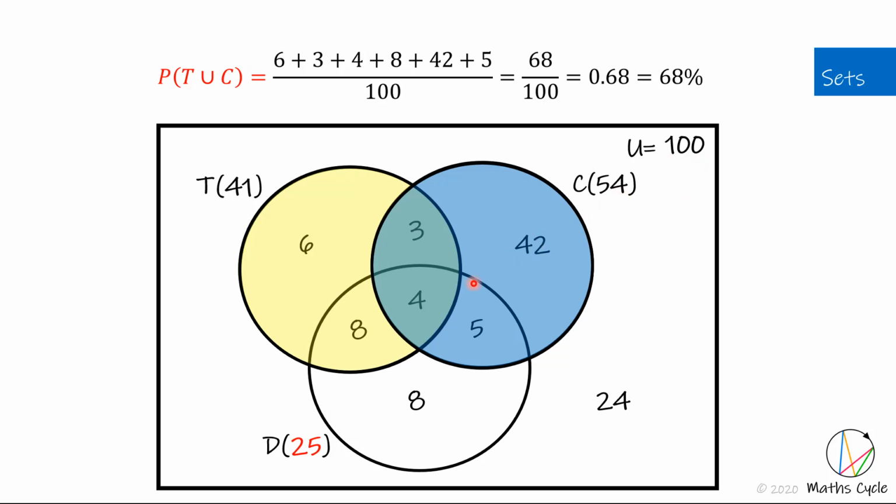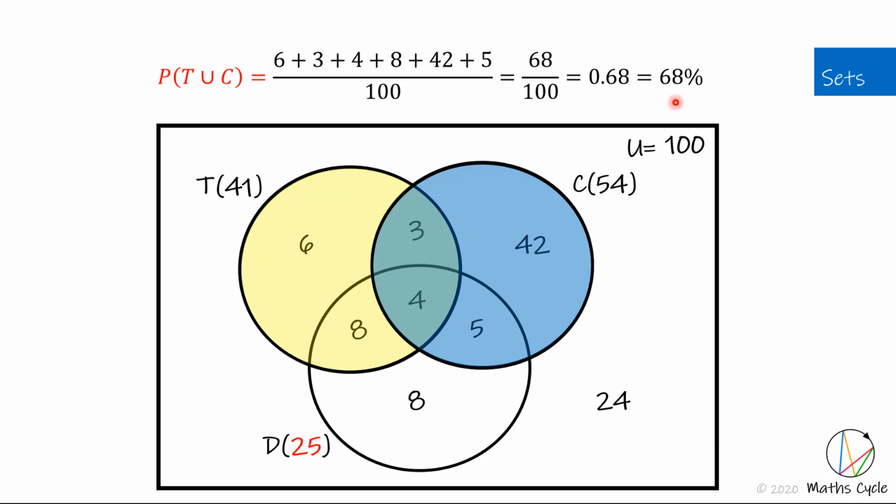So adding these people all up then from T union C, we've 6 and 3 and 4 and 8 and 42 and 5 is 68. All over 100 to make my fraction. So there's my probability, 68 out of 100. You can write a probability as a fraction or as a decimal, 0.68, or change it into a percentage, 68% probability that if I choose one of these students from the 100, the likelihood is 68% that they drink tea